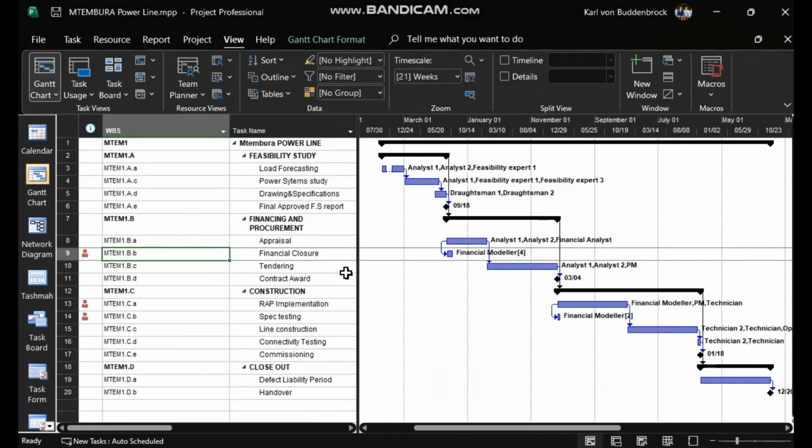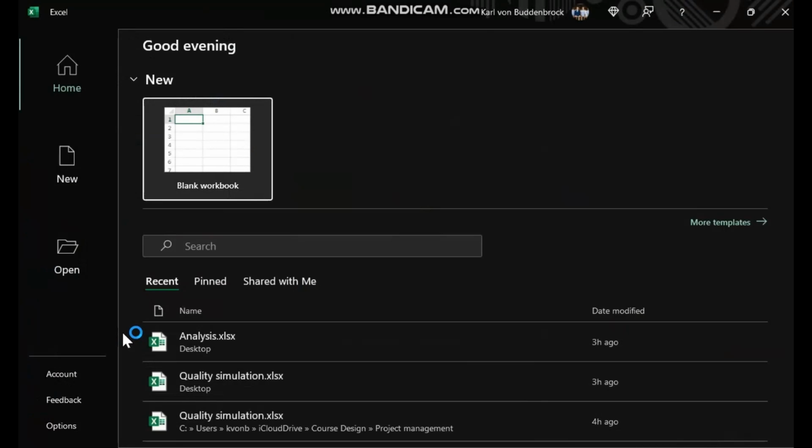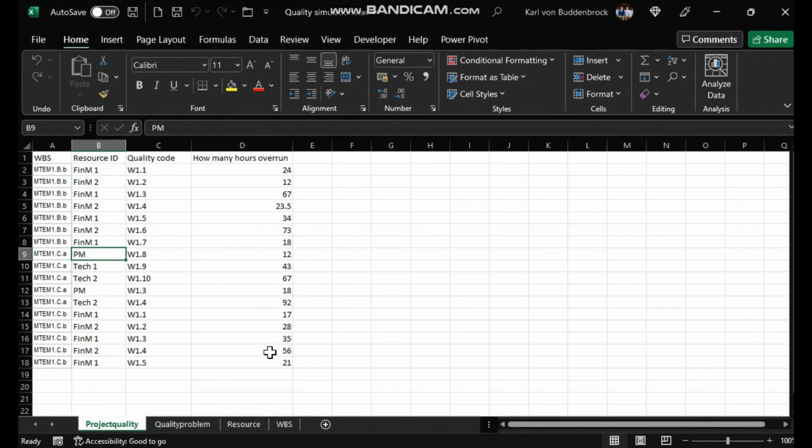of the problem. So what I did was I created an Excel spreadsheet, just copy pasting the WBS into it, and I split the problem up into various sheets. So I've got project quality, where I've got all my IDs. I've got my WBS, my resource ID, my quality code that I've generated right now, and then how many hours they went into overrun